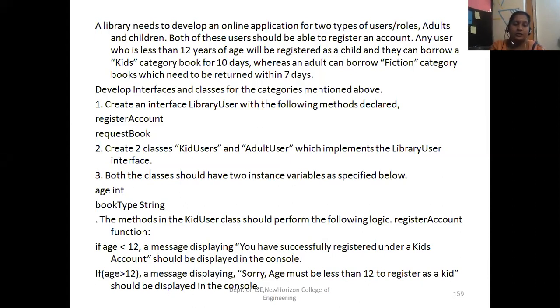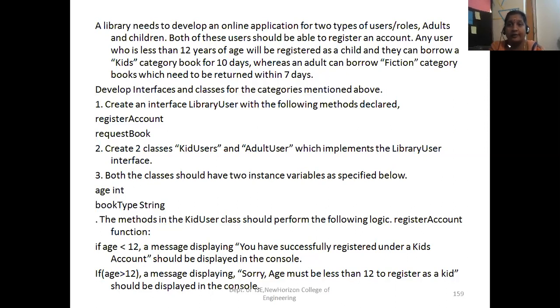So, a library needs to develop an online application for two types of users or roles. One is adults, another one is children. So develop an online application; two types of users we have. One is an adult user, one is a children or child user. Both of these users should be able to register an account.